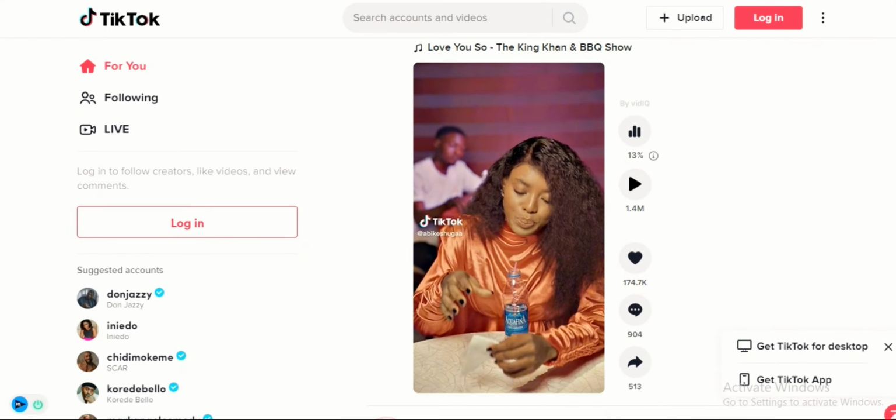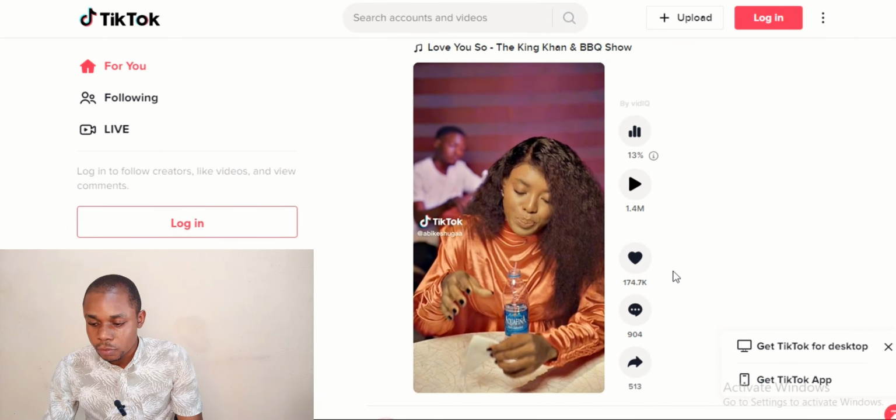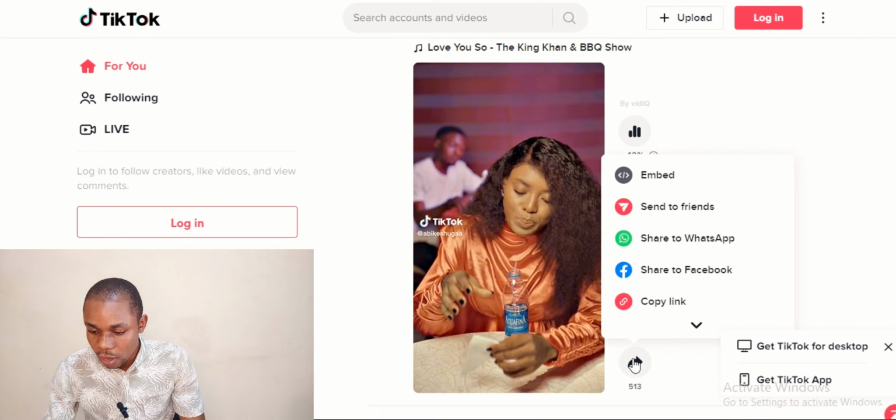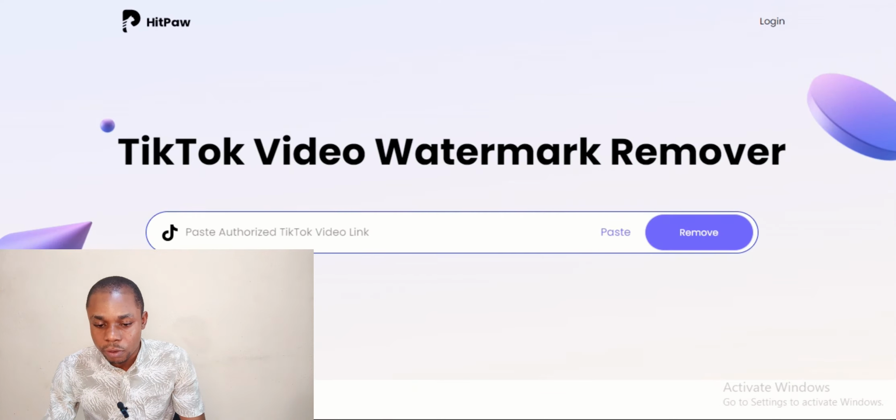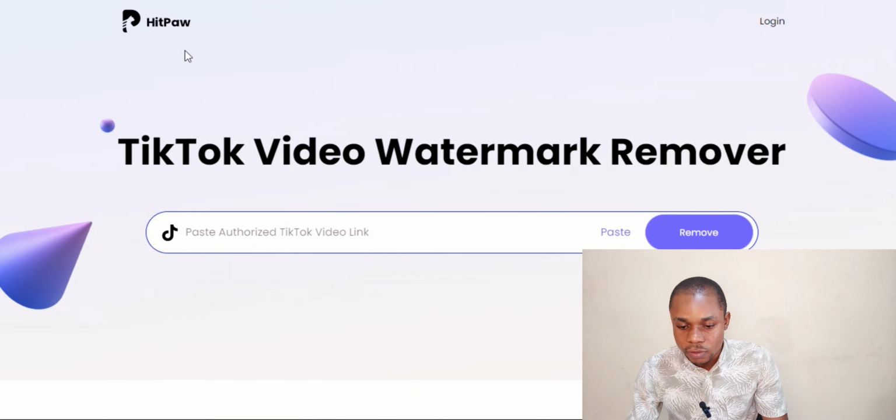Thank you. So here you can go to TikTok. You can pick any video. It can be your own video or some other person's video you want to make use of on other platforms. Go to TikTok, pick any video, look at this icon here, and go to copy link. Click on it. Now you go to the first platform I'm going to treat today, which is HitPaw,